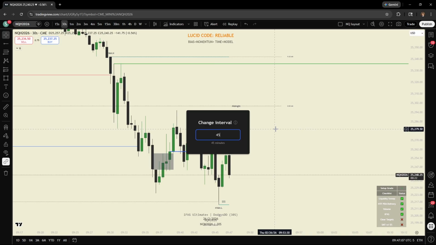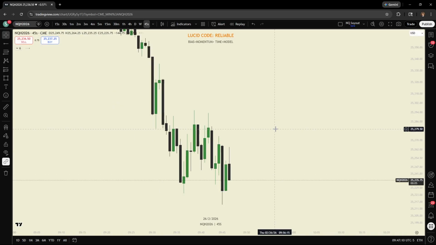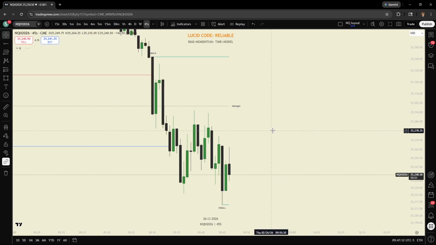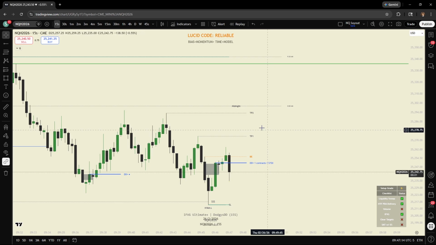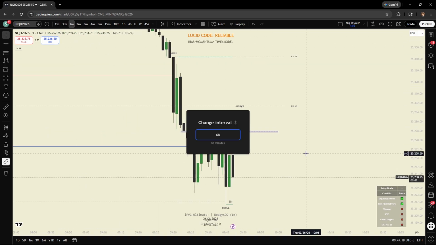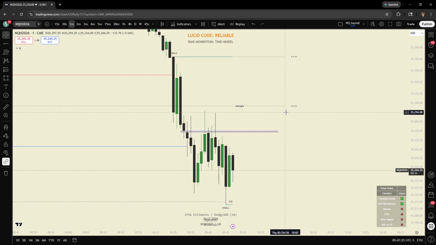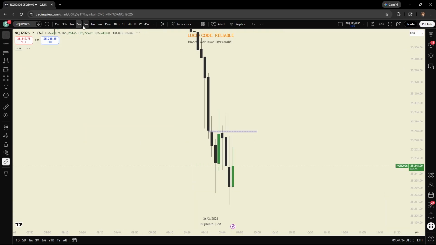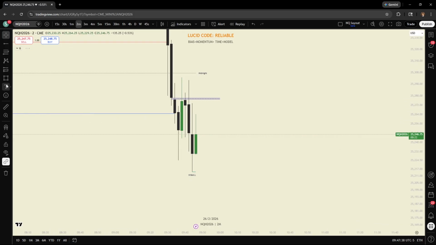45-second? All right, let me check the 45-second real quick. Oh, 15-second? All right, I got you. Guys, I almost wouldn't look for any inversions here. I think a CISD would be much better here. Given that we had that volume imbalance and we have these down close candles from 9:40, I think CISD would be the more probable play here if we got anything. An inverse here would be way more low probability. That's just my take.